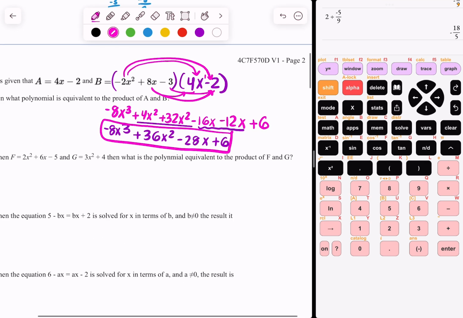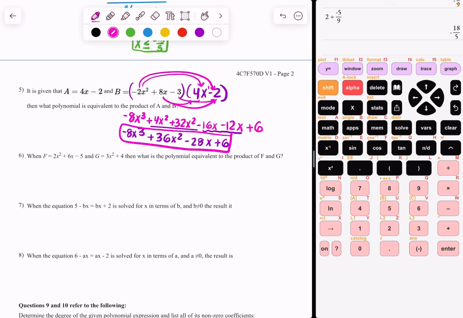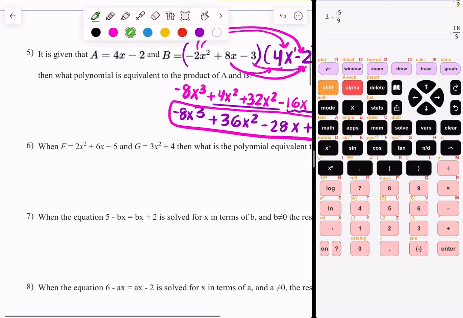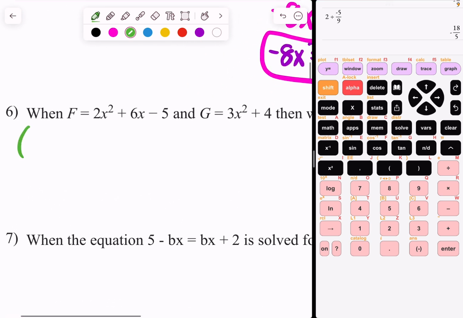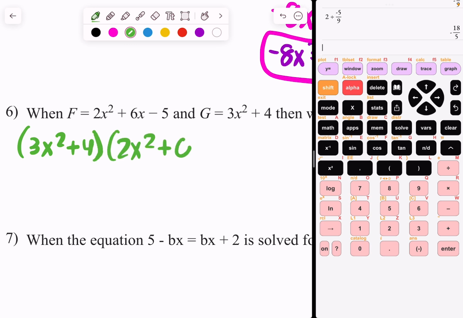Now let's try this again. If f equals this and g equals that, what is the product of f and g? It does not matter the order that you multiply these two in. I'm just going to do the binomial times the trinomial, the opposite of what we did before, because I want to show you that you will get the right answer regardless of which one you wrote first. They asked for the product of both of these, so we have to make sure we